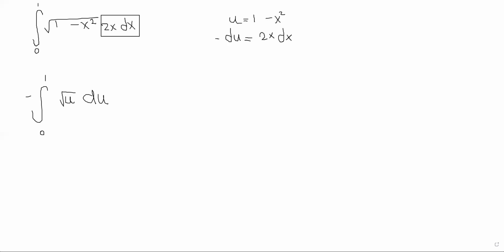How exactly would we go about finding the antiderivative? So let's think about if we were finding the derivative. We have square root of u. That can be written as u to the 1/2. How do we find the derivative of u to the 1/2, or anything to the 1/2 power? Power rule. Exactly. So we want to change this into u to the 1/2 power, and then we want to